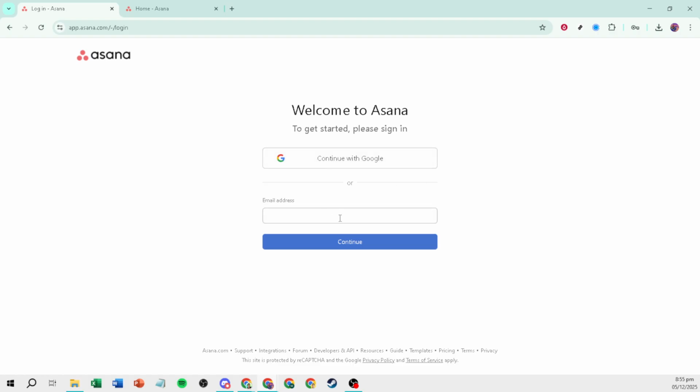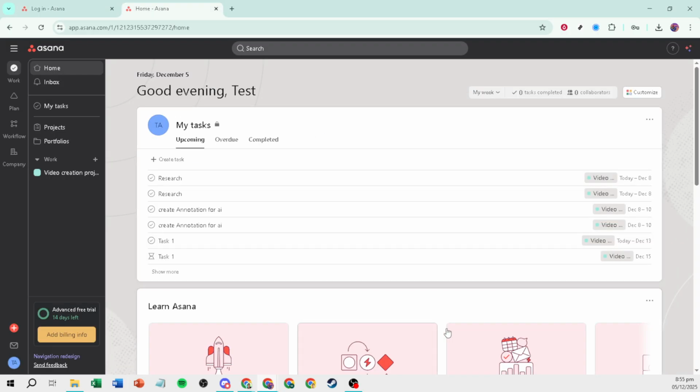Enter your work email address, click Continue, and then type your password to log in. If your organization uses single sign-on, follow the prompts you see on screen. Once you're in, you'll land on your Asana homepage, which shows your recent work and gives you quick access to